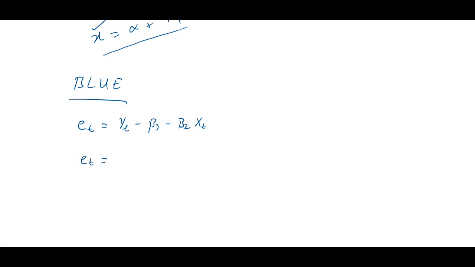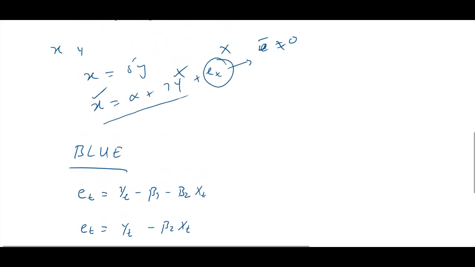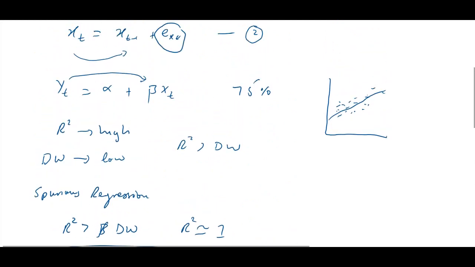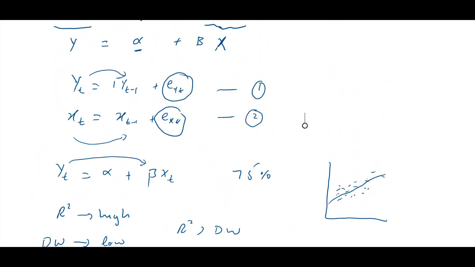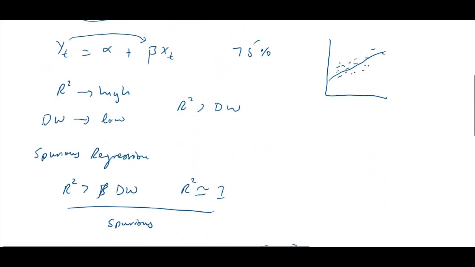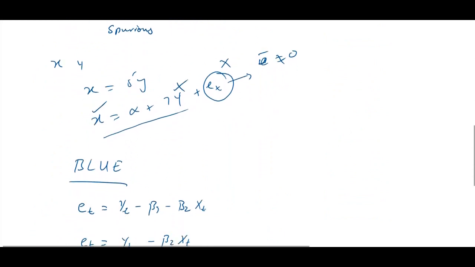So Et then becomes Yt minus beta 2 Xt. If Yt and Xt are generated by our earlier equations 1 and 2 that we have discussed,